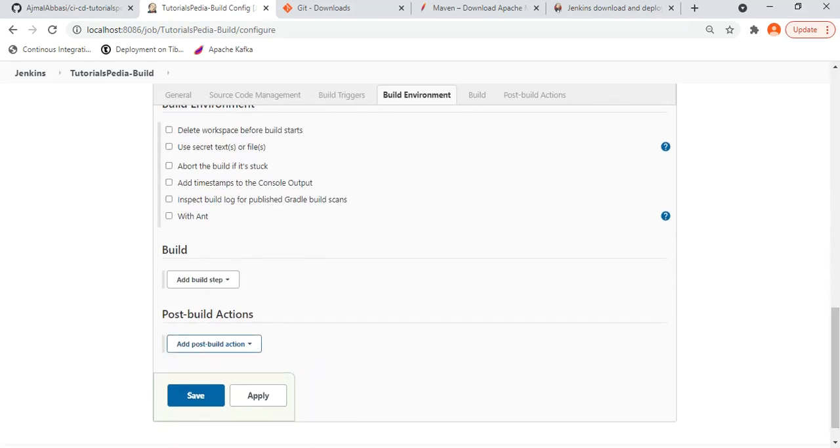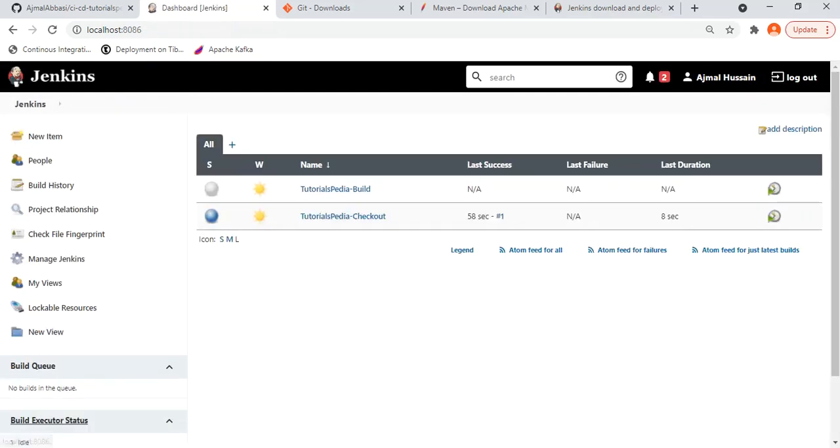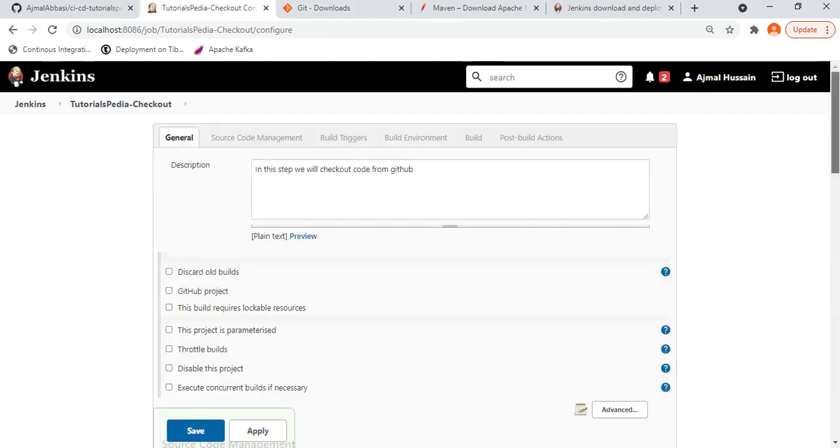And I'll update this post build action later. So I'll just save it. But now I need to go back and I need to update the checkout. For the checkout, I will go and I'll choose configure option and I will update it, and in the post build option